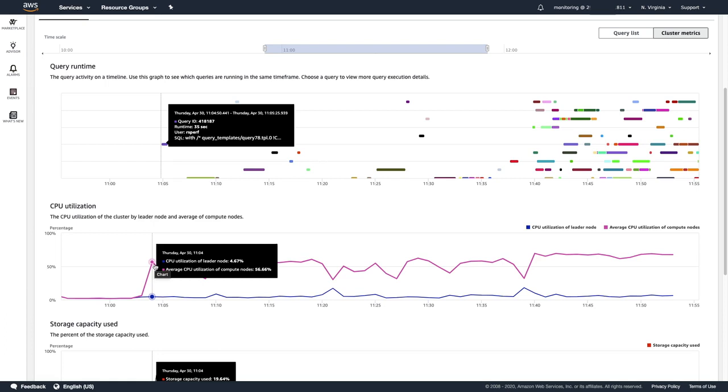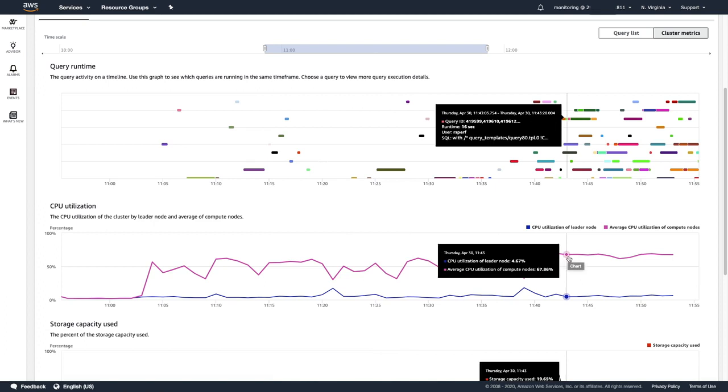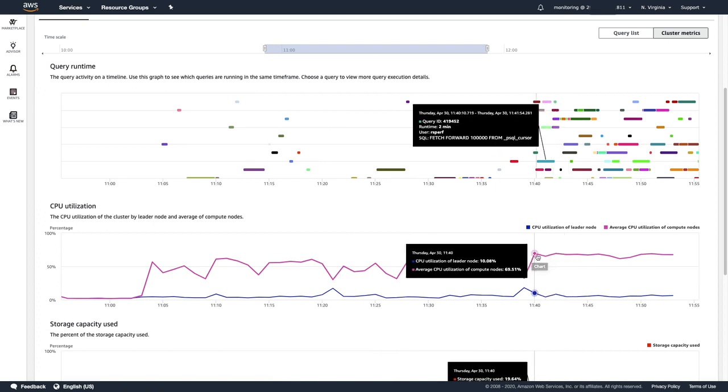So for example, you may have a use case where your CPU utilization peaked at a certain point in time and you want to see what was the query which got impacted at this point in time. You can click there and check the query ID, and you can use the query ID with the previously shown methods to look at the query details and investigate that query.